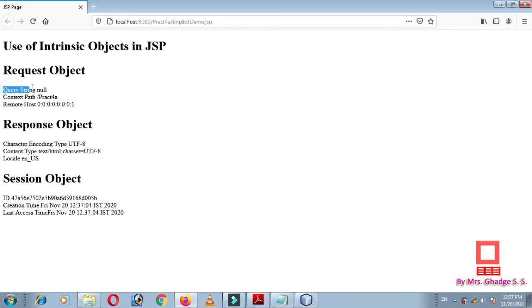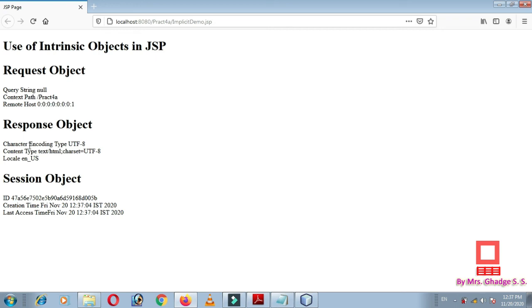Here the query string is null because we haven't input any data. If there is a form from which we submit some data, then it will show us the query string with the input parameters. Here the context path is /pract4a, and the remote host is this machine only, so it just shows the hex notation, that is an IPv6 address.